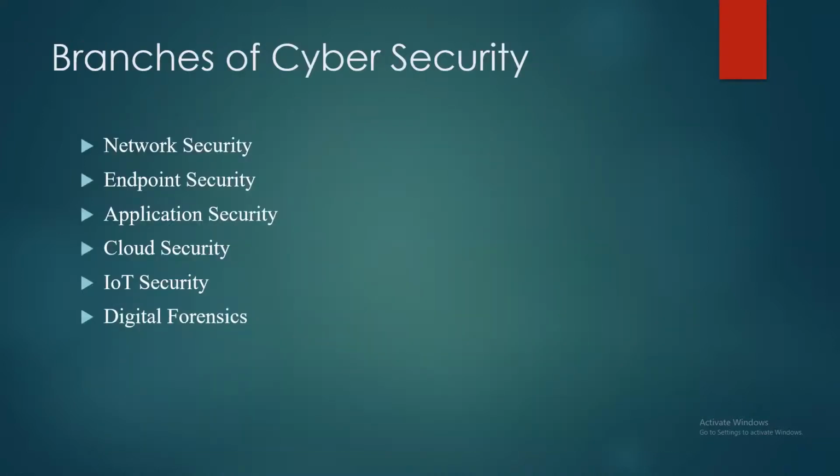So the branches for information security will be, as I said, network security, endpoint. Endpoint is nothing but your laptops, your computers, your servers, all become endpoints for you, where some processing can happen. Then you have your application security, which is nothing but your web applications. An example would be Amazon.in, Flipkart.in. Those are traditionally websites, but for a company, those become your web applications, which are hosted and providing services to your clients, right?